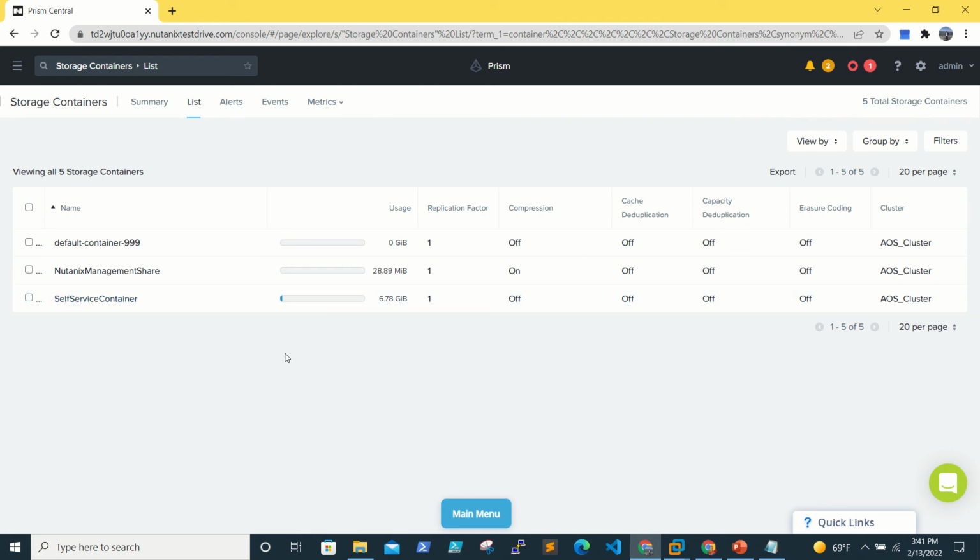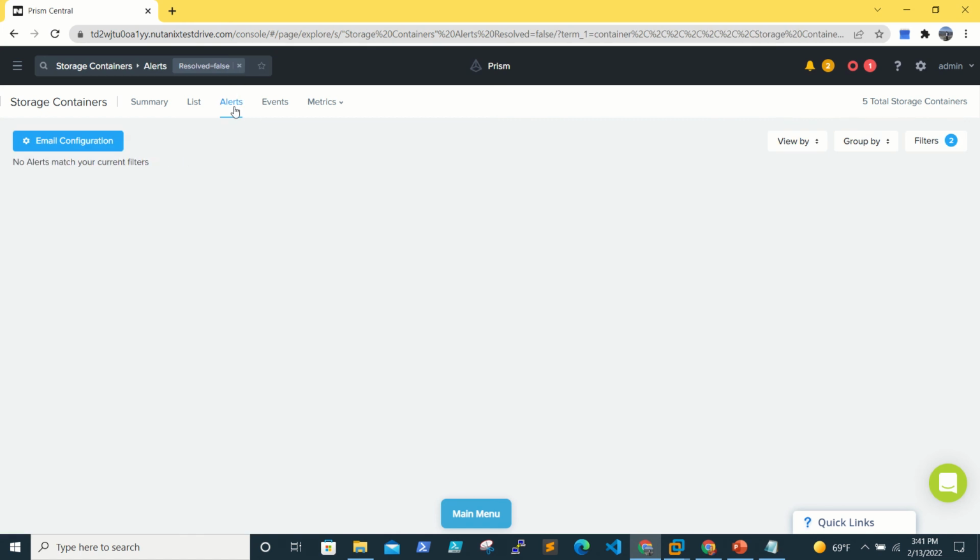You are able to see the sizes, the used details, and compression, cache deduplication, all are turned off. We already worked on how to enable compression, how to enable cache deduplication, and erasure coding in the previous videos. Alerts are related to your storage: what the alerts are, pop-ups and alerts, events and metrics, same thing we discussed before. So if you go back,